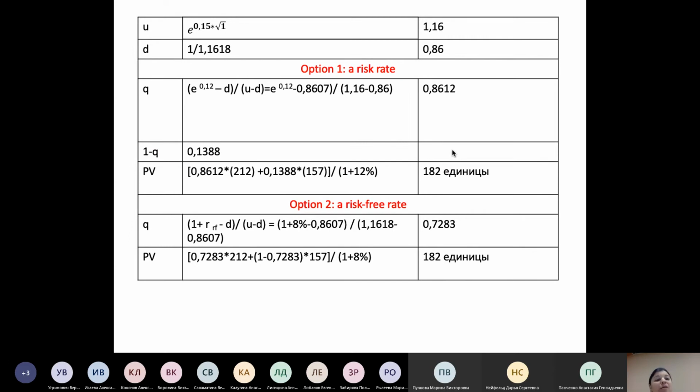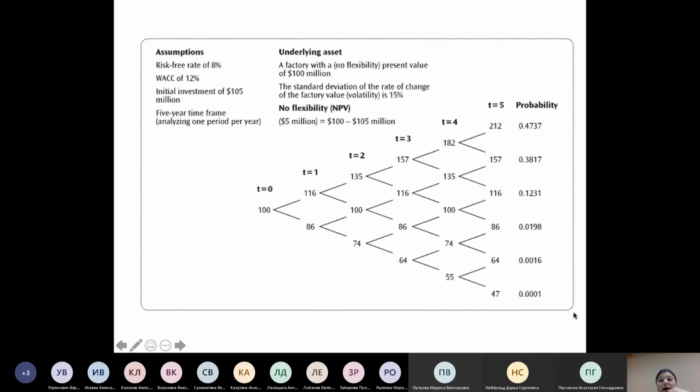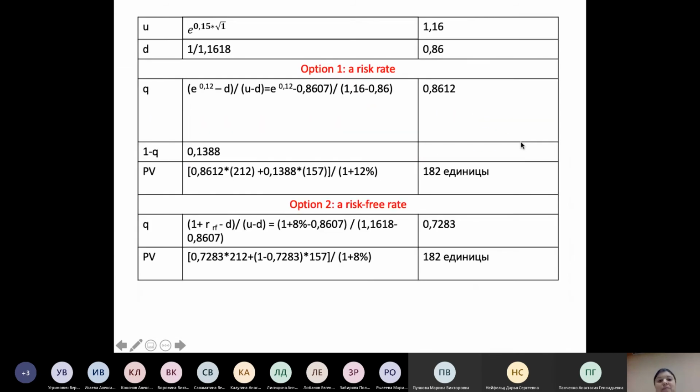The probability of decreasing, the probability of default, is 13.88%. It's very good. But now we are returning our future results to the fourth period of time using a classical discount scheme based on our WACC, our cost of capital of 12%, and based on our probability. Let's calculate. It will be the probability of growth, 86%,